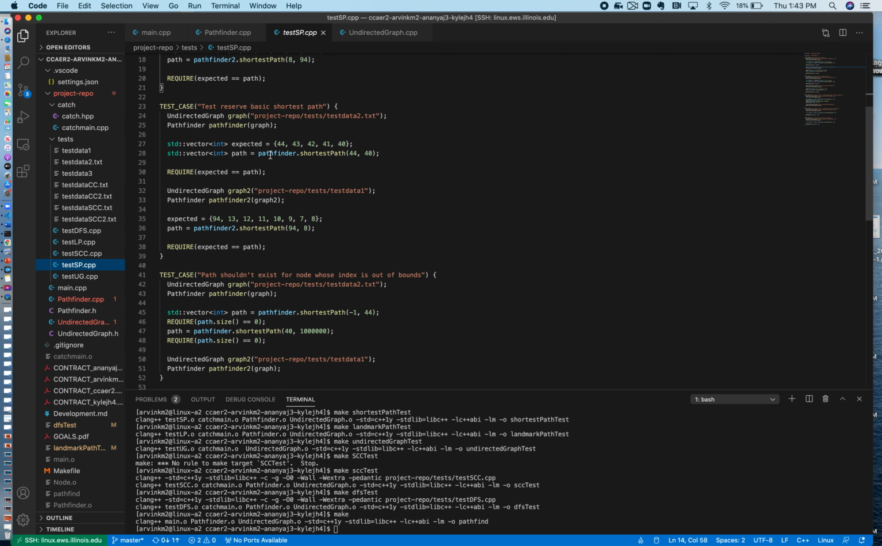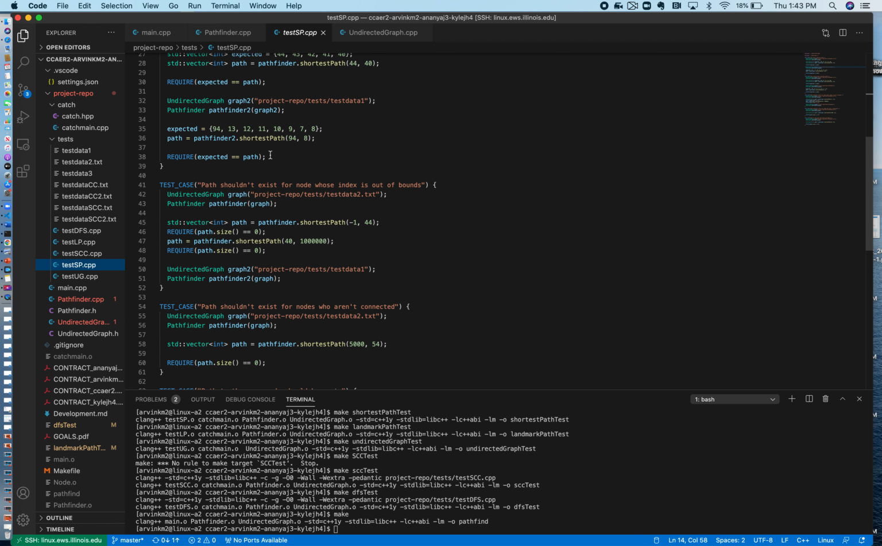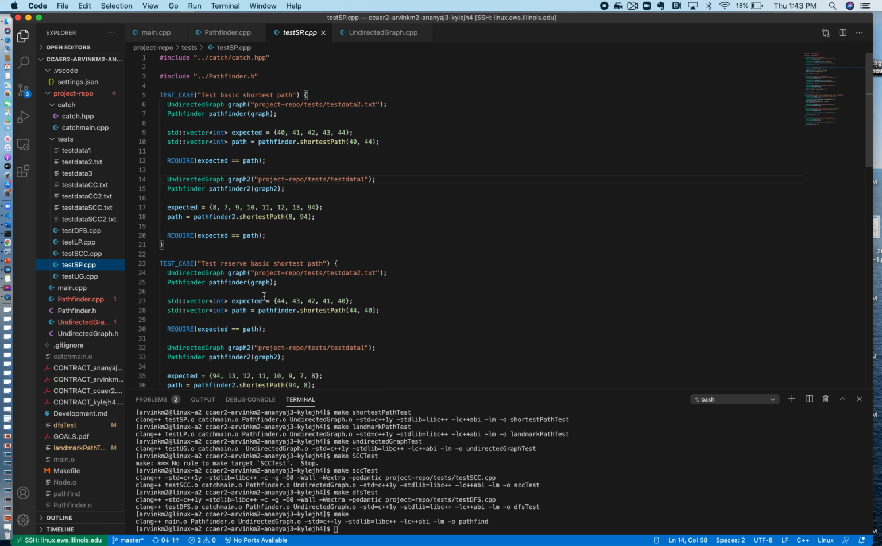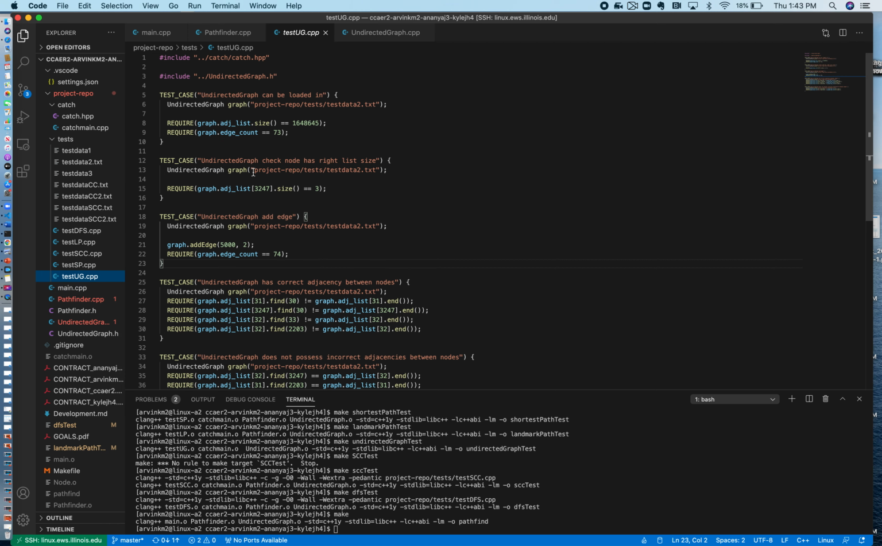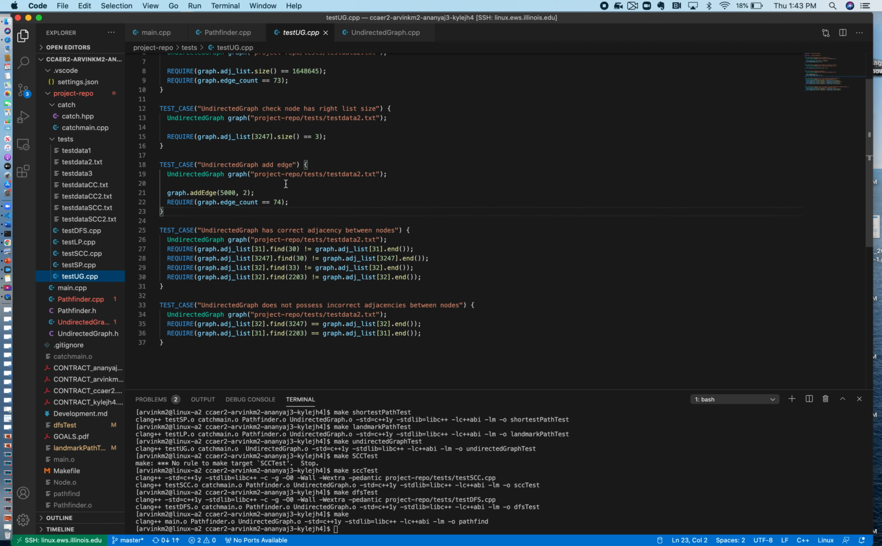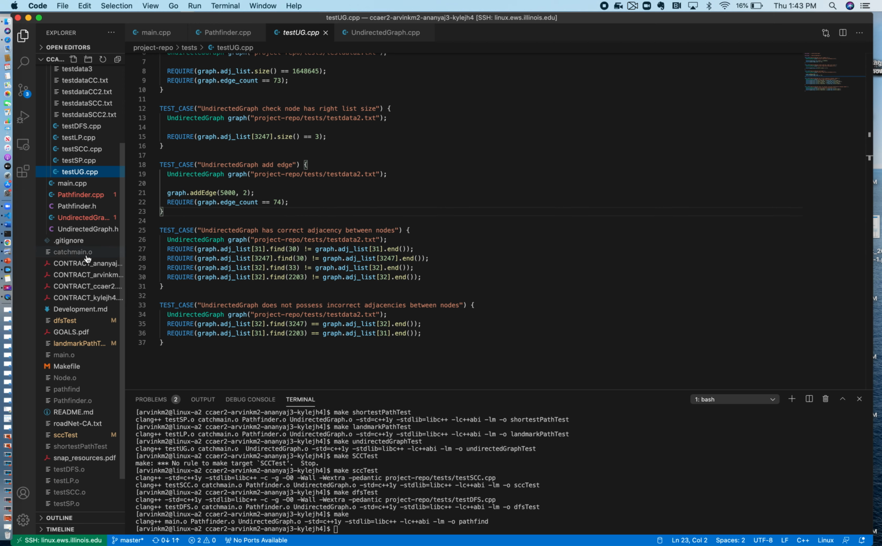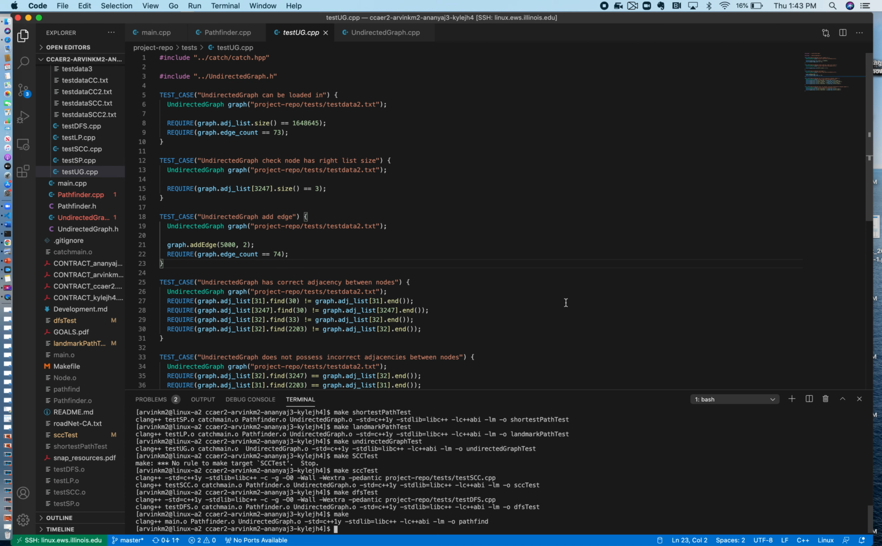Here we have our shortest path test. This is really just the helper function we used for landmark path, so it's an additional level of thoroughness covering landmark path. And then we have undirected graph. We're just testing if it can be loaded in and if it's gathering the right number of inputs, along with our add edge functionality, which was critical to our graph representation with an adjacency set, and edge cases like that. So now that I've shown how everything works,